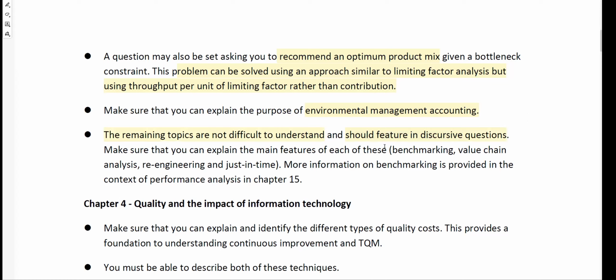So more information on benchmarking, we'll do it when we get to performance and ratios, right? KPIs, okay? And now ratios will feature in every paper as part of your exam. Whether you like it or not, it may be hidden somewhere, but you should be ready to prepare, whether it comes from the portion of public sector ratios or from the perspective of, what do we call it, divisional performance or normal appraisal, where you'll be calculating ROCE and other ratios, profitability, liquidity,